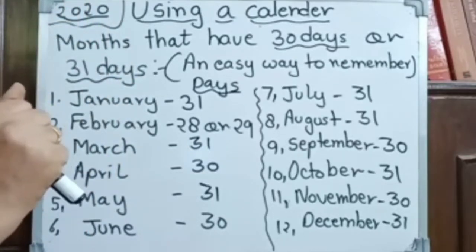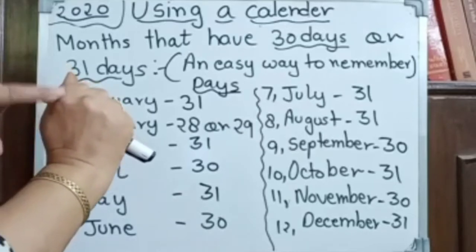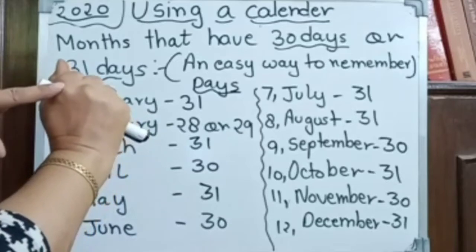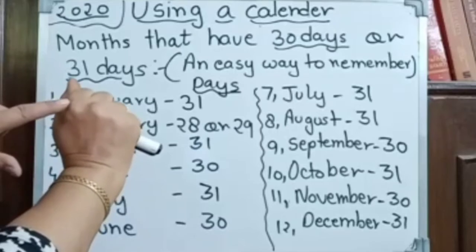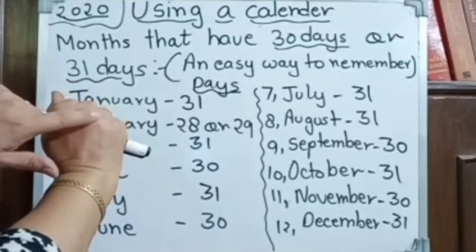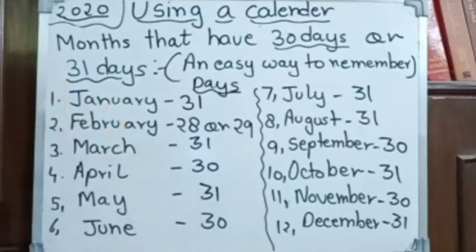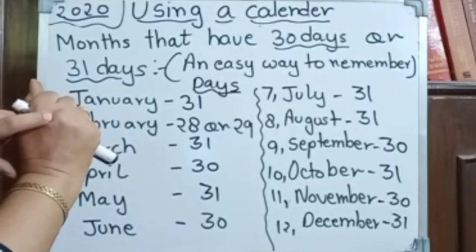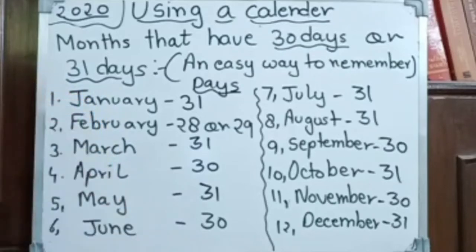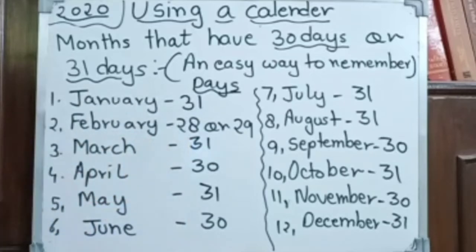Here these are knuckles. So you have to see your knuckles. Upper side you count from here. January, February, March, April, May, June, July, August, September, October, November, December. So here upper side on the knuckles we have 31 days, and here Feb has 28 days or 29. After every 4 years we have 29 days. So this is the easiest way to find out the days of the month.